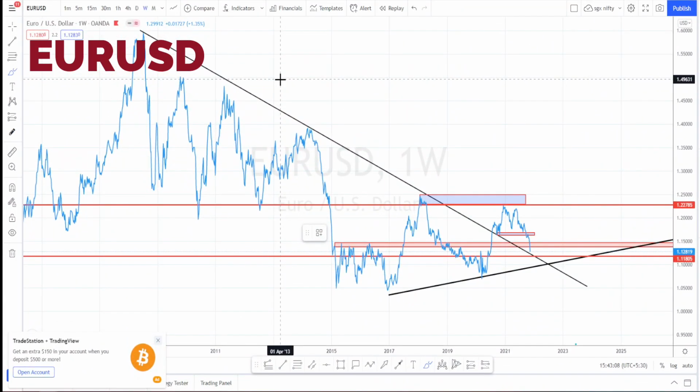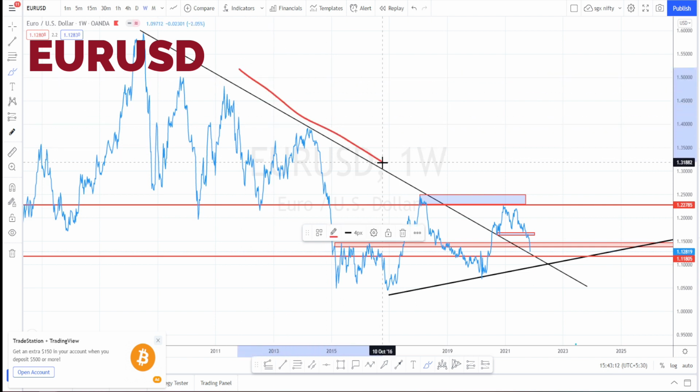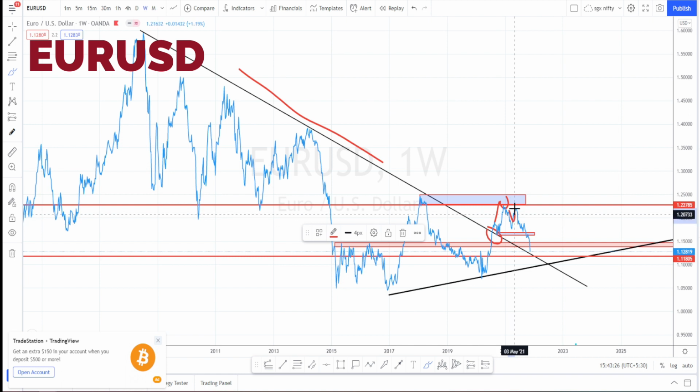I'm in weekly time frame of Euro USD, and here also it has moved in a downtrend and it has given a breakout at this point. After the breakout, it has found a resistance at this level and it has formed a very nice double top pattern, and currently it is on a retracement to test this bottommost support and the dynamic support from the weekly time frame. It is on a downtrend from the view of the weekly time frame.